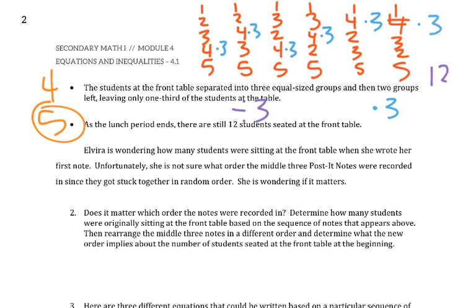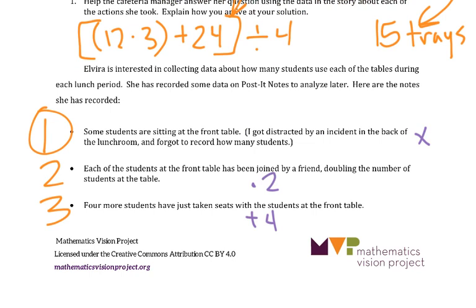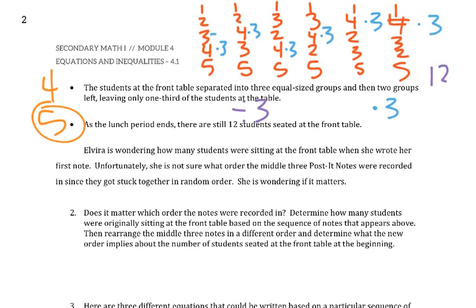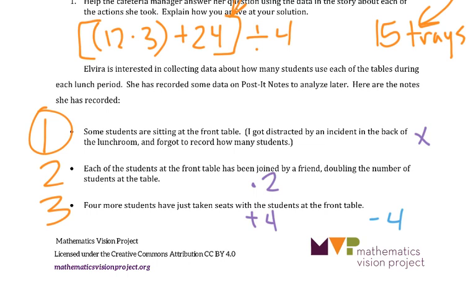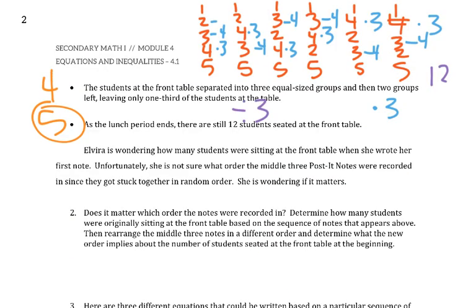So each 4th group would be timesing by 3. Okay. Then if I look at group 3, it would actually be subtracting by 4 would be the inverse operation. So I should subtract 4 each 3rd time. Okay, and then finally, instead of timesing by 2, I should really be dividing by 2 if I'm working backwards. Okay, remembering that we're working backwards here, so we have to do the inverse operations. Okay, so if I start with 12 each time, you can see what we get. So 12 times 3 would be 36, minus 4 would be 32, divided by 2 would give us 16 students